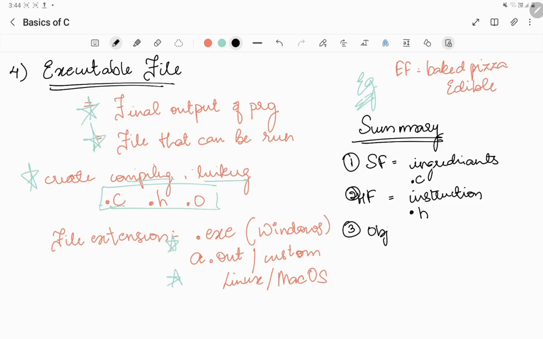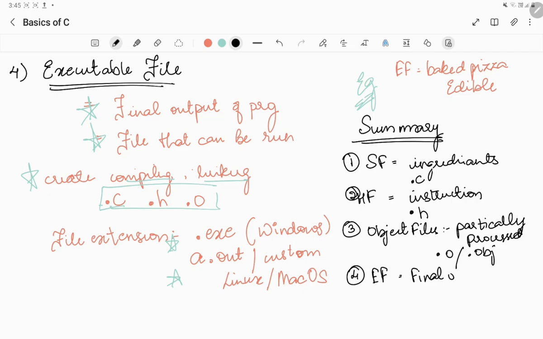Third comes object files. They are basically partially prepared or partially processed. What is the extension? .o or .obj. Next, the last one is the one that we learned now, that is the executable file, which is basically the final output or the baked pizza. What are the extensions? The extensions are .exe or a.out. Alright,